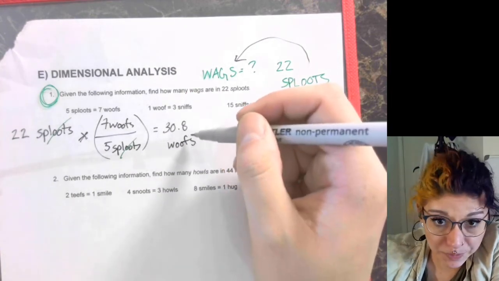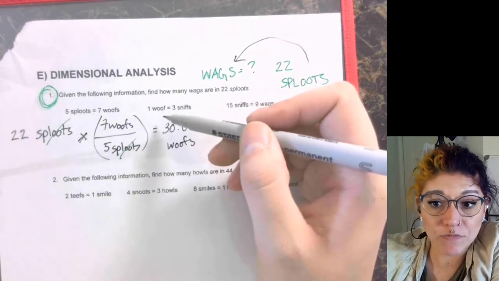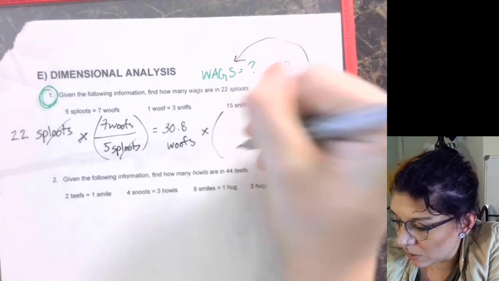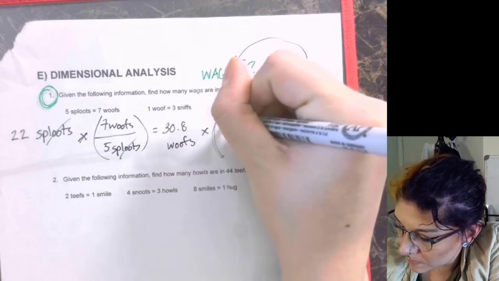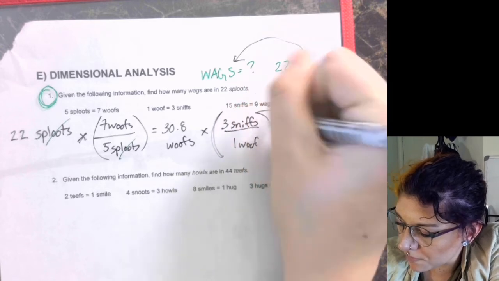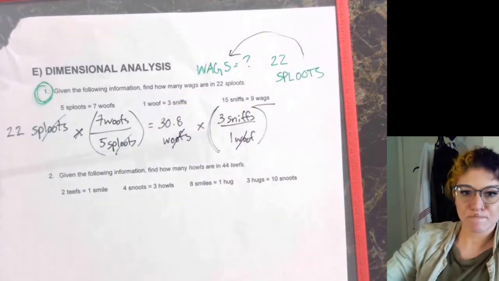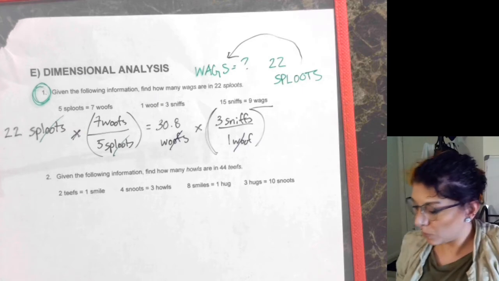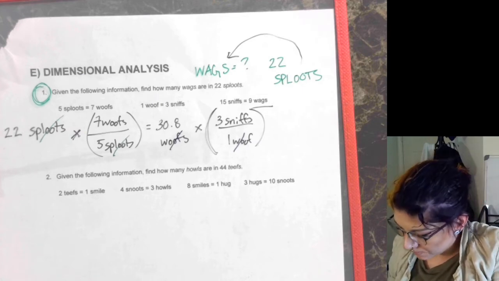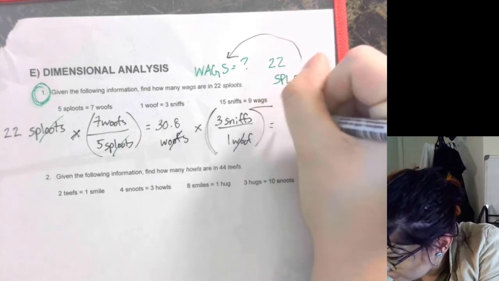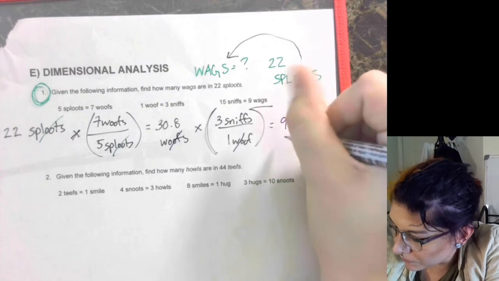I am now going to multiply this by my conversion factor of woofs to sniffs. So again, I want to cancel out the woofs. So 3 sniffs per 1 woof. Cancel out the woofs. Because remember, this is in the numerator, this is in the denominator. And we get 30.8 times 3 divided by 1 is 92.4